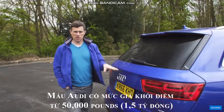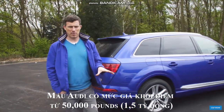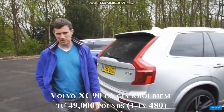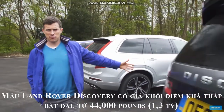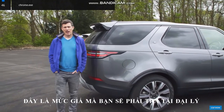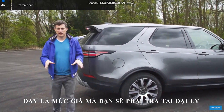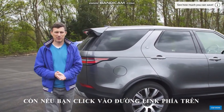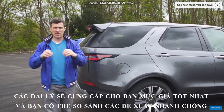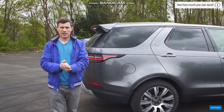The Audi starts at just under £50,000. The Volvo, that starts from just under £49,000, but the Land Rover Discovery, that starts from £44,000. However, what really matters is the price you pay at a dealer. So if you click up there, you can go to carwow.co.uk, you can fill in your details, and dealers will come back to you with the best price they can do on the cars,